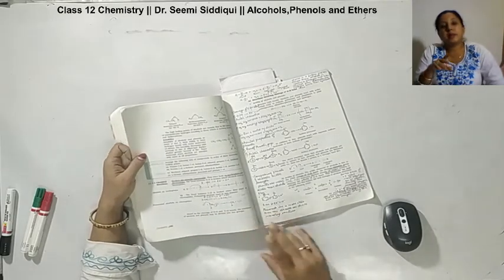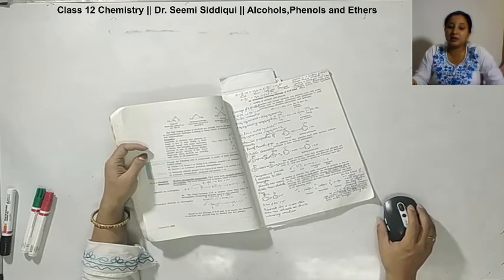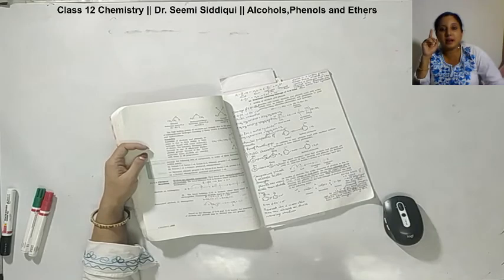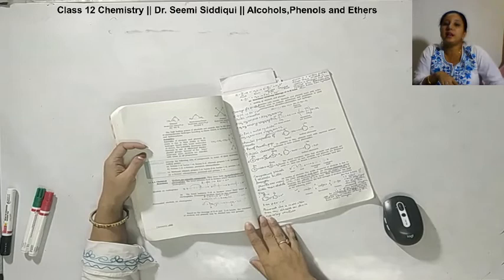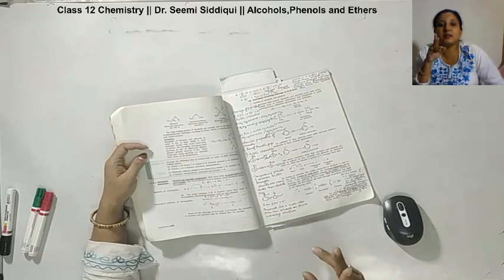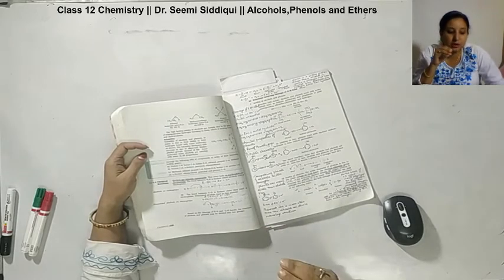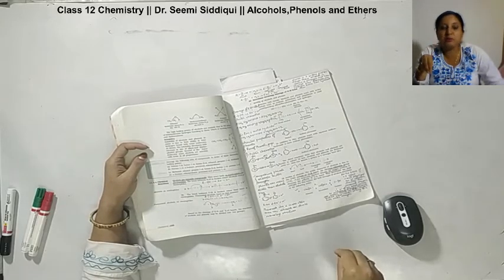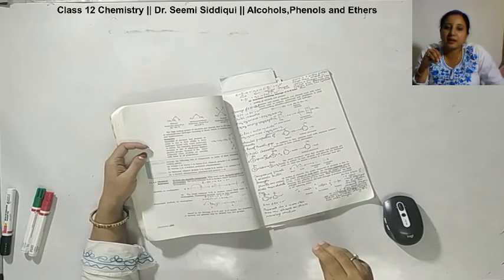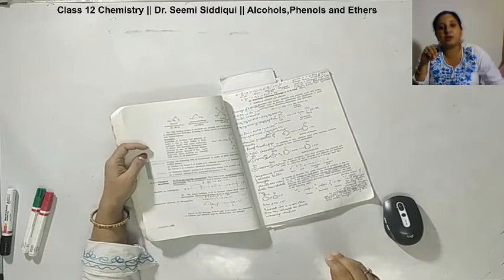Then chemical properties was the main part in the case of alcohol, the reason being that we studied that alcohol is going to act as a nucleophile as well as an electrophile. What was the difference in both cases? There was a difference in the cleavage of the bond. It is going to act as a nucleophile if the bond between O and H breaks down. If it is going to act as an electrophile, then the bond between R and O is going to break down.